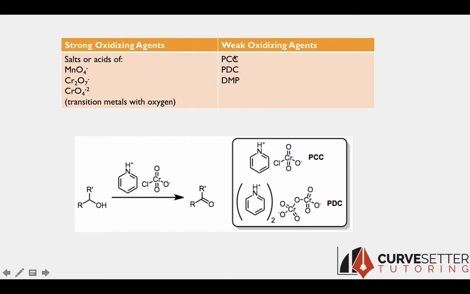So if you see these abbreviated terms, which represent weak oxidizing agents, then they're some of the most commonly used weak oxidizing agents in the lab. But these ones are especially strong oxidizing agents. And what is categorized as a strong versus a weak oxidizing agent may fluctuate a little bit. So even online, some things have PDC in the strong oxidizing agents category, and some lists don't. So it is not a really cut and dry kind of thing, but as long as you know in general